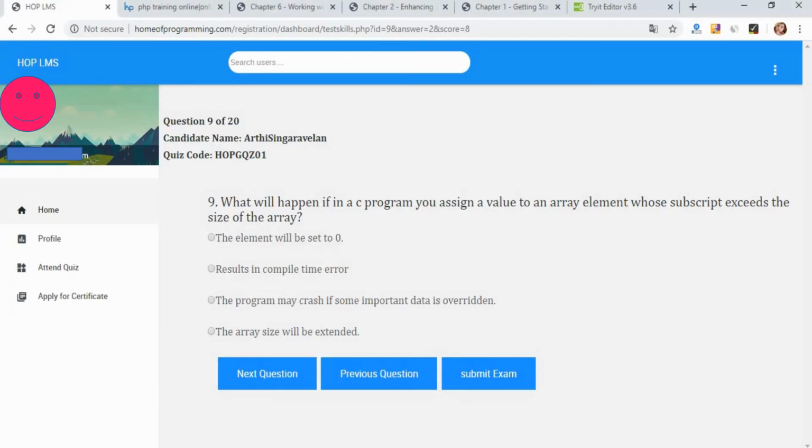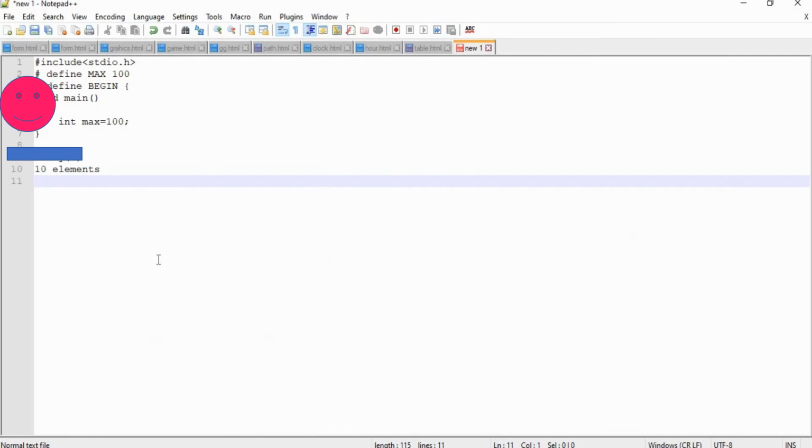So try to understand the question first. What will happen if in a C program you assign a value to an array whose subscript exceeds the size of the array? This is a format for creating an array: int a[5]. Here a is an array of subscript 5.